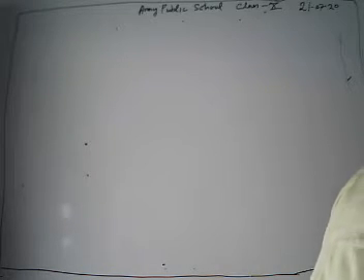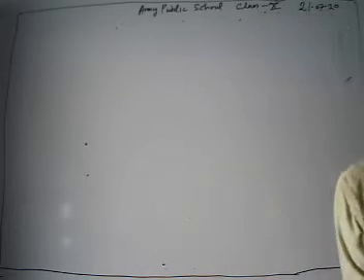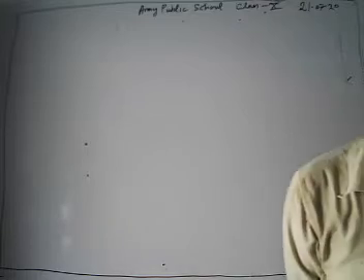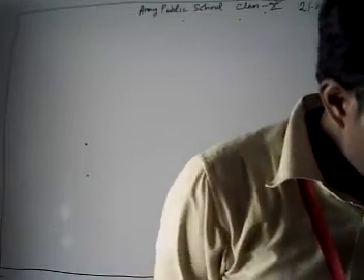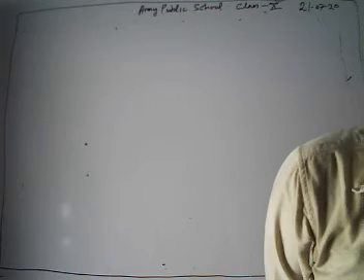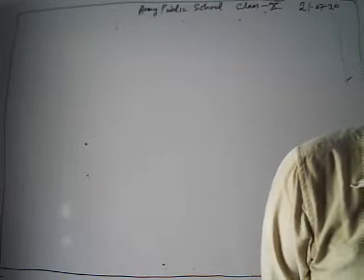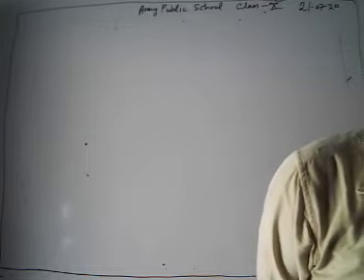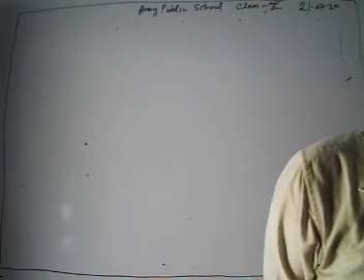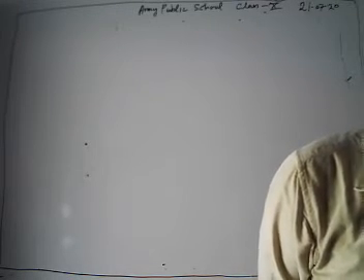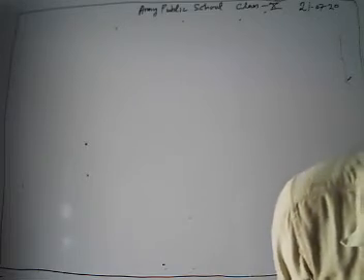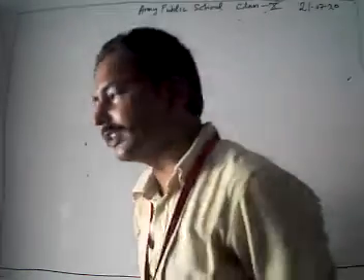In our next problem, what do we have? The rainwater from a roof of dimension 22 meter into 20 meter drains into a cylindrical vessel having diameter of base 2 meter and height 3.5 meter. If the rainwater collected from the roof just fills the cylindrical vessel, then find the rainfall in centimeter.